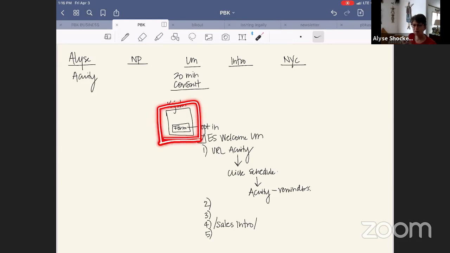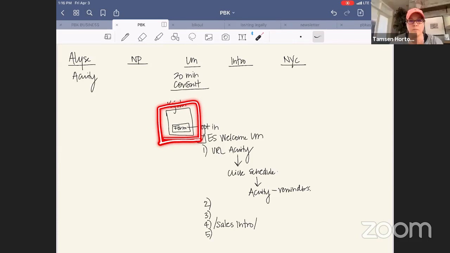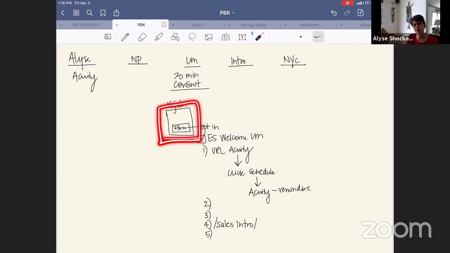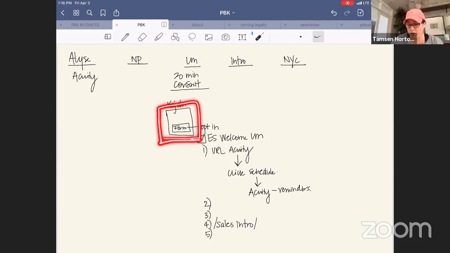Because then in Acuity, I have a handful of questions that I have them check off, like, hey, what's the purpose of your call? Would you like to learn more about your kid that snores? And then in order for them to be able to schedule, they have to fill out, well, you know how Acuity works. Yeah. No, if you put a form in front of what you currently have there, and then when the form is submitted, go to the Acuity URL.